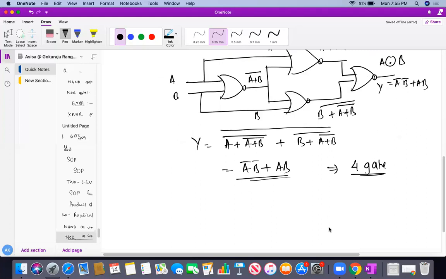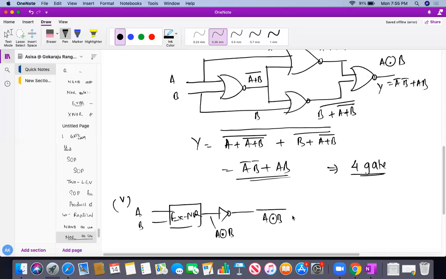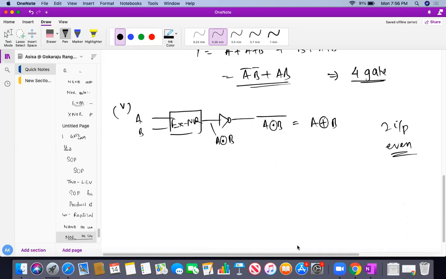Now the question is how to design an XOR. Obviously we know that if you use XNOR and put an inverter over there, that will give me the final touch. So this will be my A XNOR B, and finally A XNOR B whole bar is my A XOR B, because A and B are two inputs, and two is an even number of inputs. If there is an even number of inputs, then this will be a complement. You know this about it. Yesterday I taught you about it. Okay, very simple. You just need to have an XNOR over here.